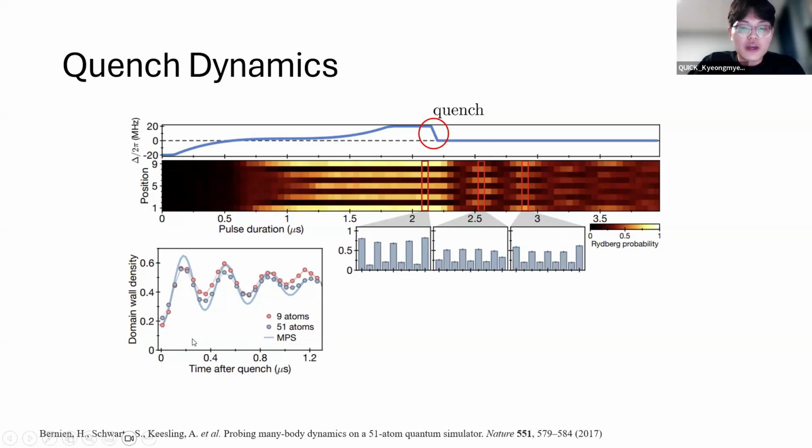These oscillations are measured by the domain wall density function over time. And the domain wall density oscillation is at minimum when the system is in the perfectly Z2 ordered state, and maximum when the system has flipped to its complementary state. And this phenomenon is known as the quantum many-body scar. It was not known when this paper was published, so this paper was published in 2017, so this kind of chaotic behavior is very recent. And it requires a very deep mathematical explanation, so I will just briefly go over what it is in the conclusion, which is the next slide.